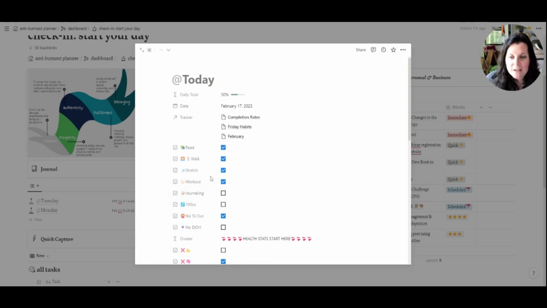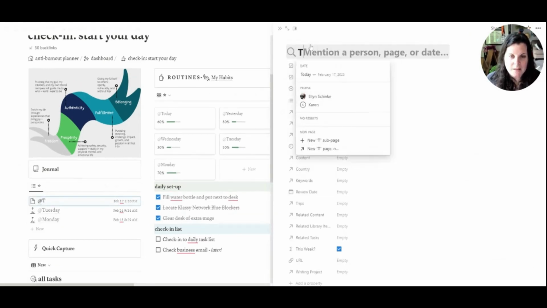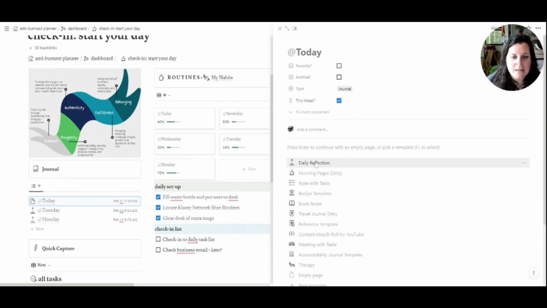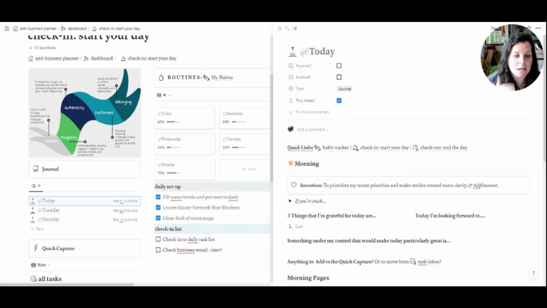So at this point, that's usually what prompts me to go in and journal. So I will check this to just ensure that I actually do go journal. And then I pop over here and you can see these are all my journal entries for the week. So I'll usually pop over here, and then similarly, I'll do at today. Let's collapse down all of these extra properties. And then I have two main journal templates that I will usually use. They're these guys at the top. And the bottom one is when I may be shorter on time. I don't have as much time to go in and do all of this stuff. But then the other one is my daily reflection. And this is the one I typically do.